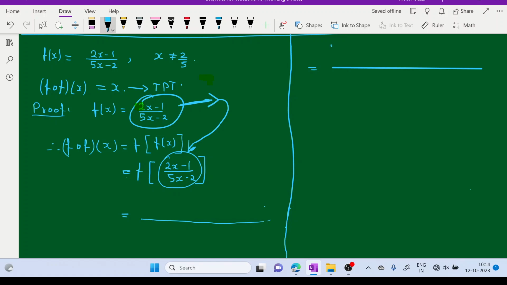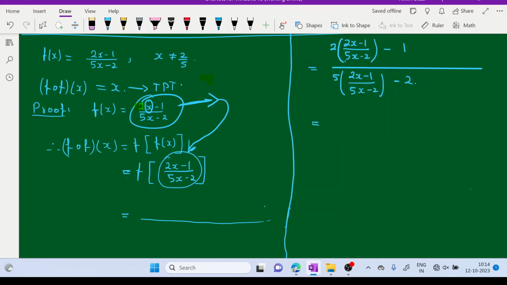Okay, so you have 2 into, instead of this x, I will have (2x minus 1) upon (5x minus 2), minus 1. Then 5 into, this is again x will be replaced with (2x minus 1) upon (5x minus 2), minus 2, which is equal to,